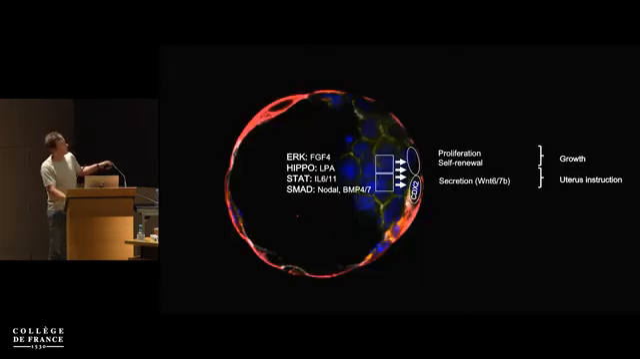So we came across this second function that is, we don't know which one is regulating it, but it goes through CDX2, and that secretes Wnt6 and Wnt7b that is instructing the uterus to form the cocoon. So this is the second function,